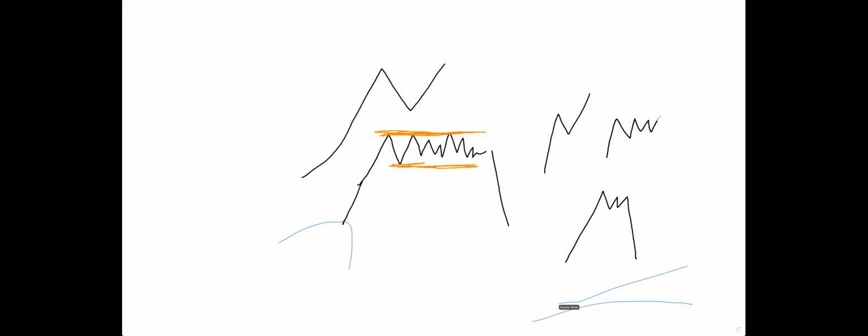So right now, this move up was the impulsive move. Now this chop is the correction waiting for another impulse. It can be impulse, correction, impulse. It can be impulse, correction, impulse correction. It literally doesn't matter, right? Hold on, guys. If the trend is not doing what you want it to do, stay out of it, right? Did that make sense? Yes. The order block is demand or supply.